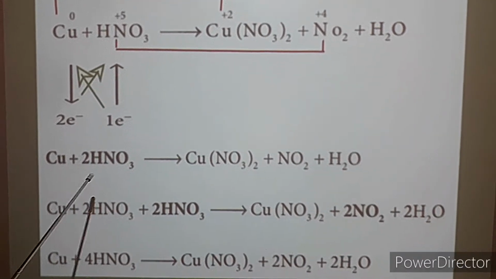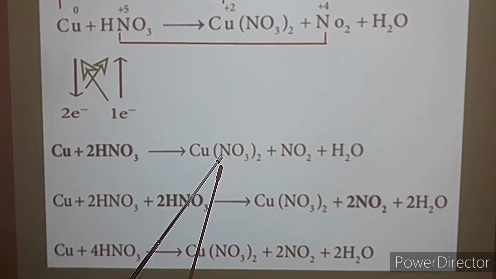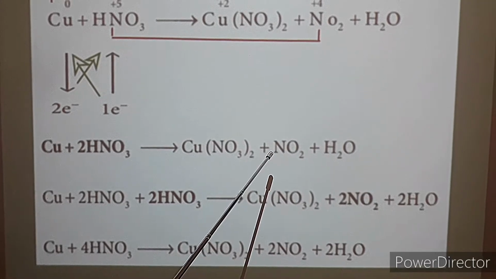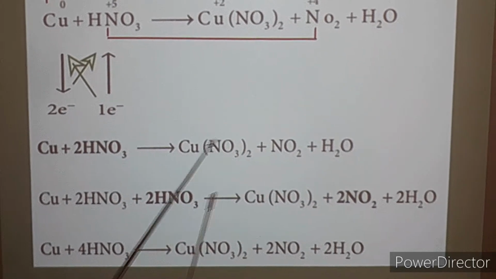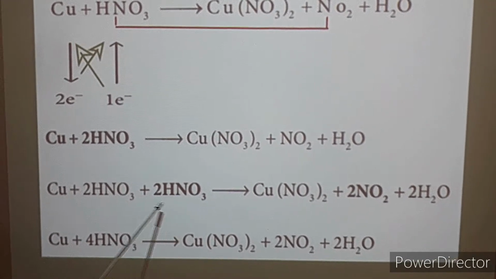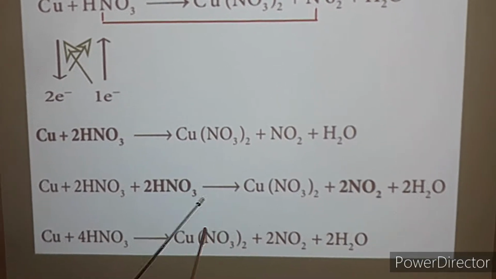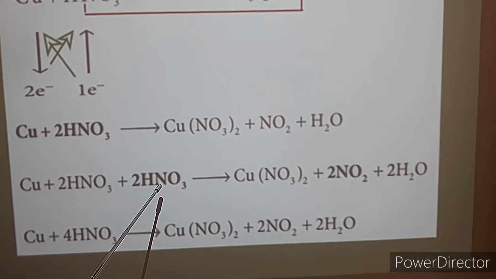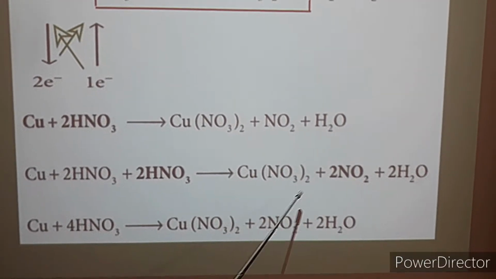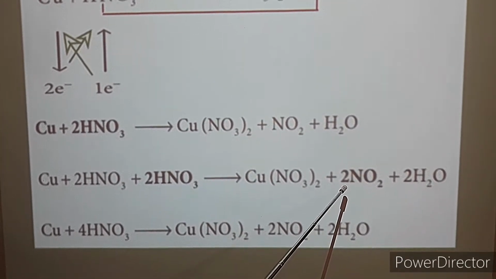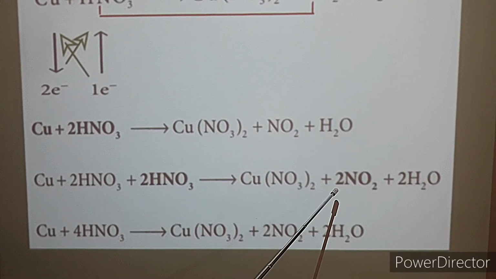Here you see the nitrogen. How many nitrogen present? 2 nitrogen, and here only 1 nitrogen. So 3 nitrogen. We have to balance this nitrogen by applying 2 moles of nitric acid here. Then only we can balance the nitrogen. Now see that here 2 nitrogen, and here also 2 nitrogen. So that already we have 2 nitrogen here. So we have to balance the nitrogen with the number 2 in front of the nitrogen dioxide.